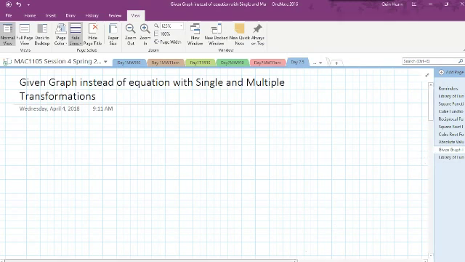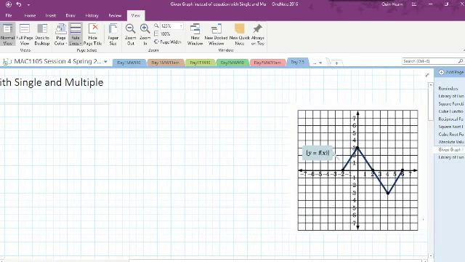So sometimes when we do our transformations, I won't give you an equation at all. All I will give you is a graph like this one. And what we're going to do is to perform transformations on it without knowing the equation. And so the way that we do that is we represent this as y equals f of x. And I'll ask you to graph something like g of x equals